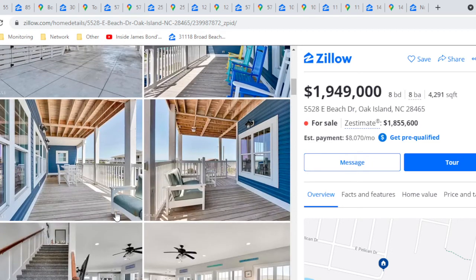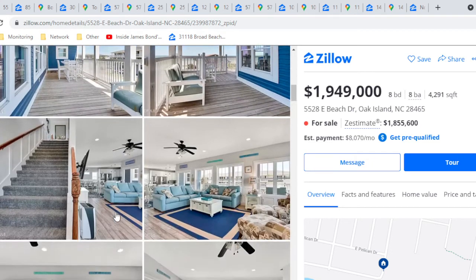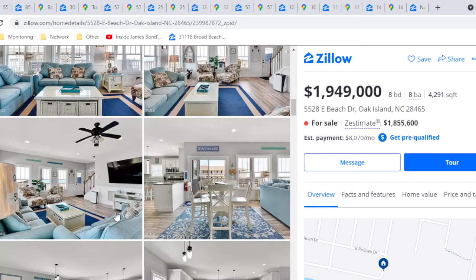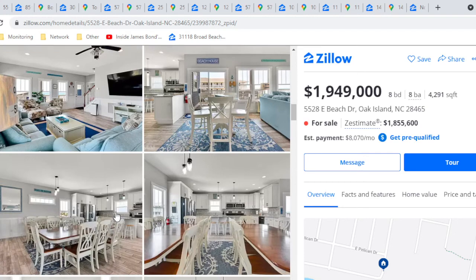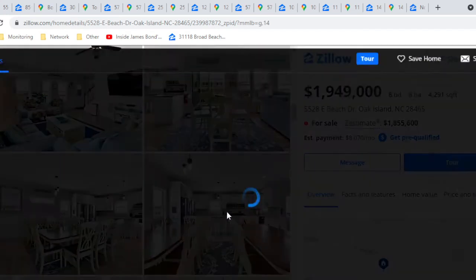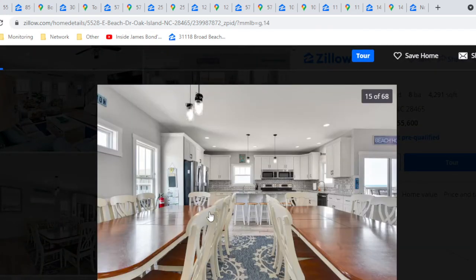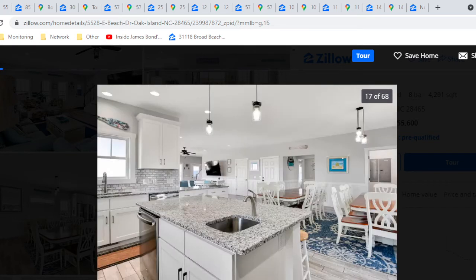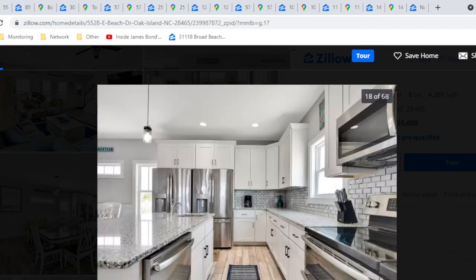It's 8 bedrooms, 8 baths. It's got this huge wraparound porch, which I really cared for. The interior's not too big, but I really like the kitchen because here's the deal. They doubled up on everything. They have 2 microwaves, 2 stoves, 2 fridges, 2 dishwashers. So you could have a big island. So you could have 2 families, they have